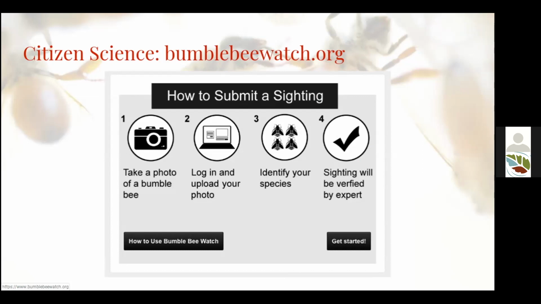The power of using photography to ID isn't always ironclad, as you might imagine, because they're not able to get them under that dissecting scope. We're not always sure if it's a different morph of one species, but it really does help them at least narrow down the possibilities of what you saw and what there are in different places. So all of these photos and all of these sightings are geotagged, and they are in the process of making a big map of bumblebees in the country, which is very cool.